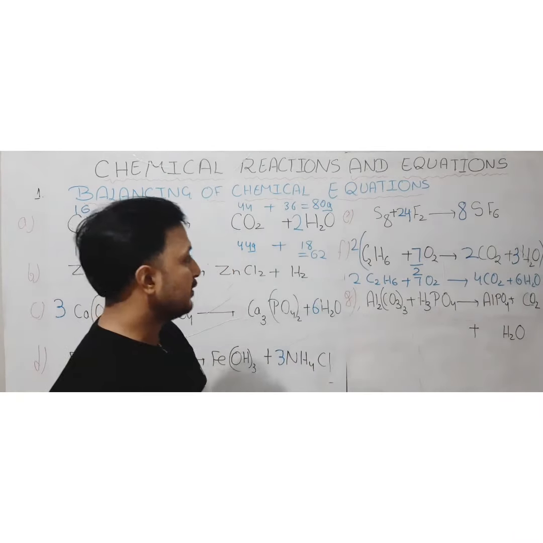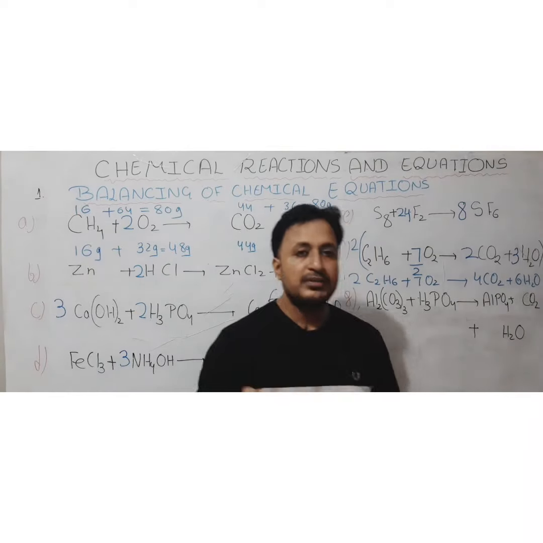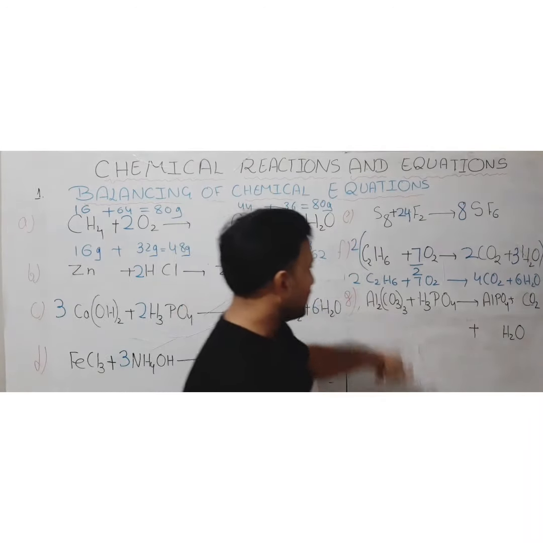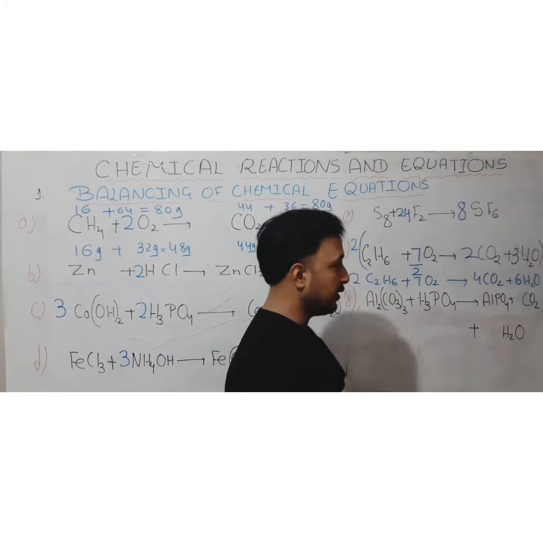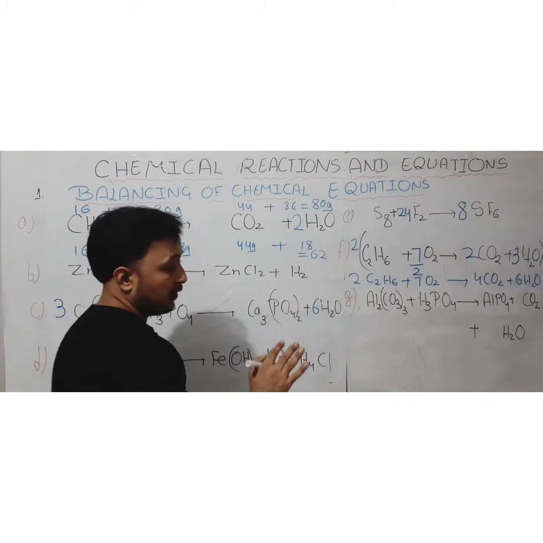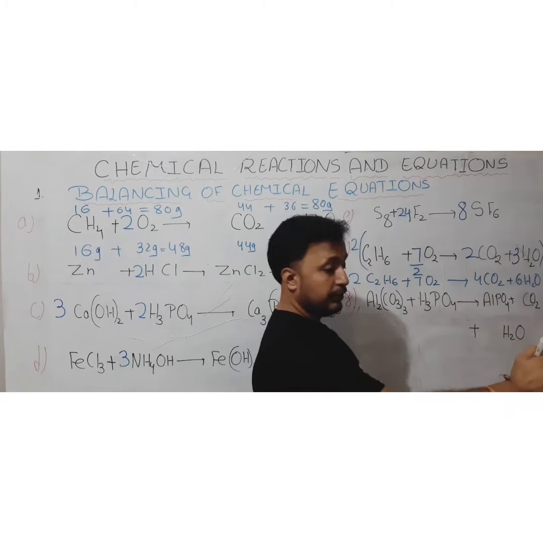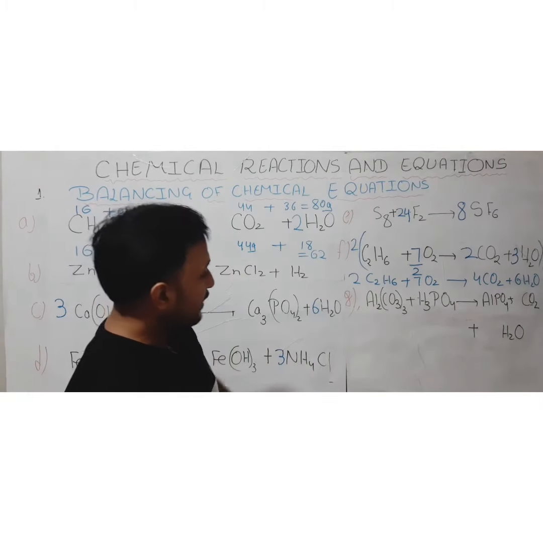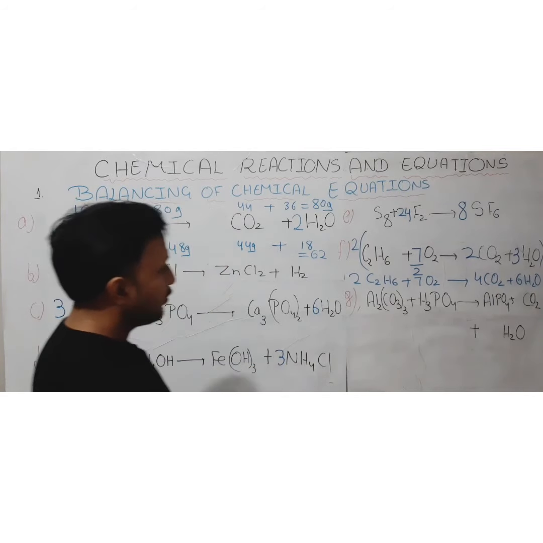That's why I was saying that when you are putting coefficients it may not be certain. Sometimes you have to make changes like this. So that's a kind of trick you can use if a fractional value is coming, with the value on one side in the even form and on the other side in the odd form. Okay, so let's move to the last equation which we are going to balance today.